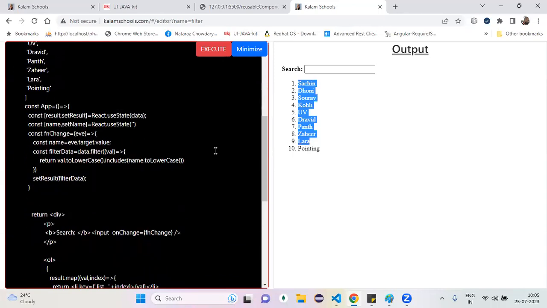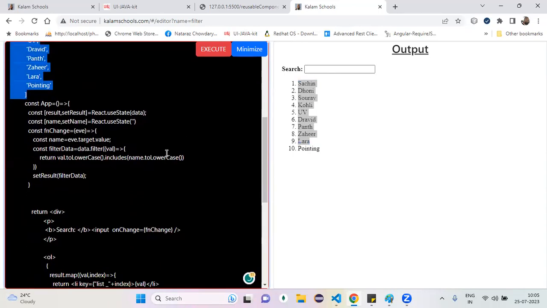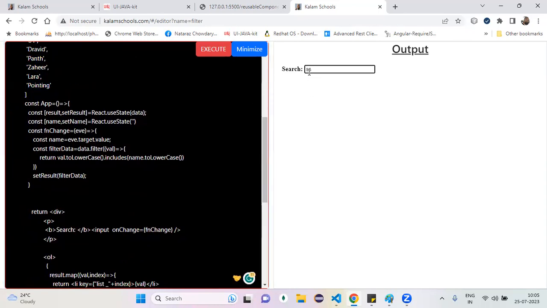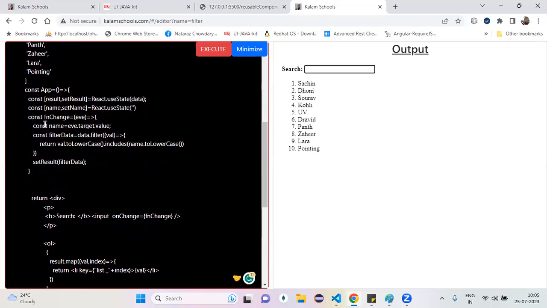Okay, I have an array of elements. How many elements are there? 10 elements are there. I want to filter the data based on the value entered here. How can we do it? Which method is there to filter the data? Whenever you do the change, there is one method. Filter is the method or not? Okay, in that particular